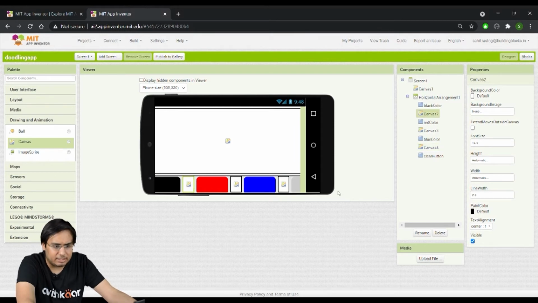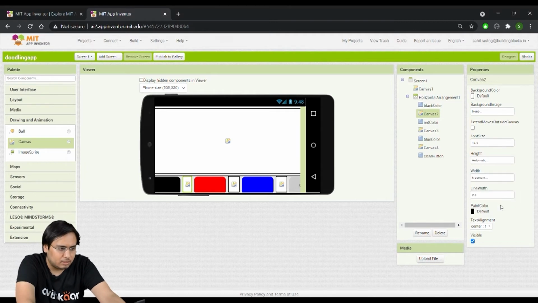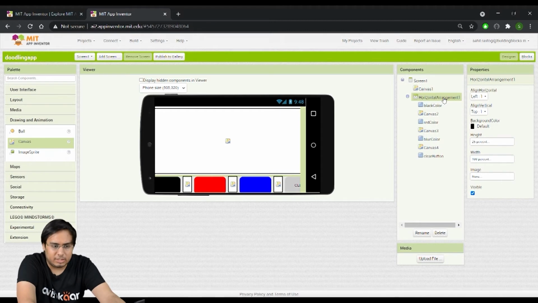And I can change their widths. Let's say I put it to 5%. This also I'll put as 5%, and this also I'll set to 5%. And in the horizontal arrangement, I'll align everything in the center.